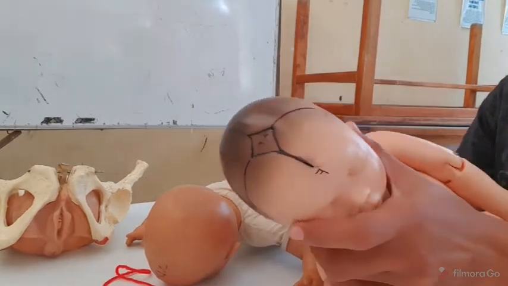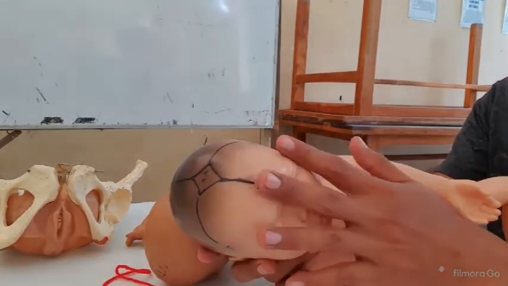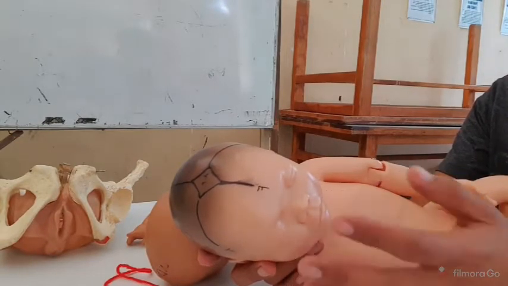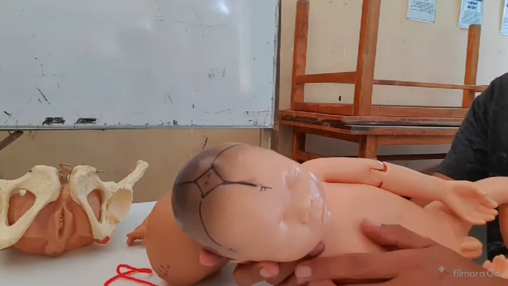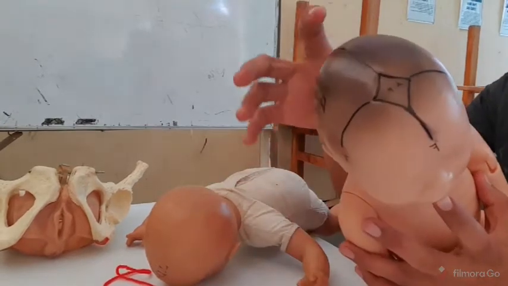So in face presentation, we do not have suture lines in the fetal face that will enable molding. So we also have the mentoventricle, which is measured from the chin going to the highest point